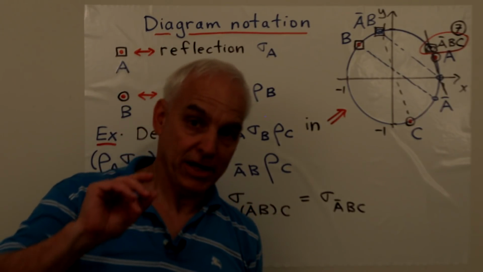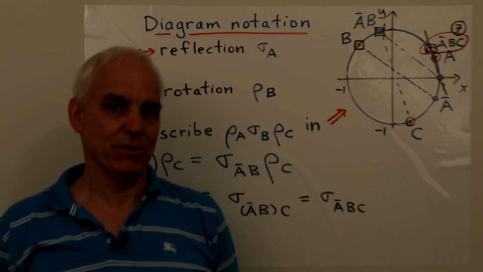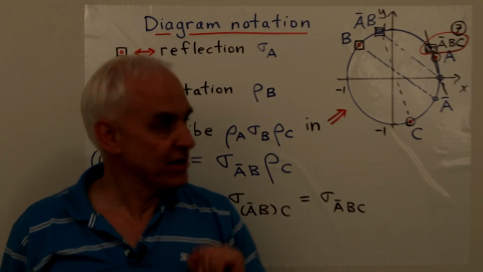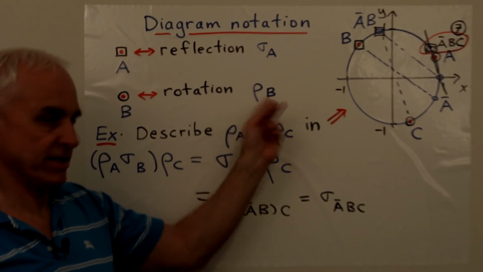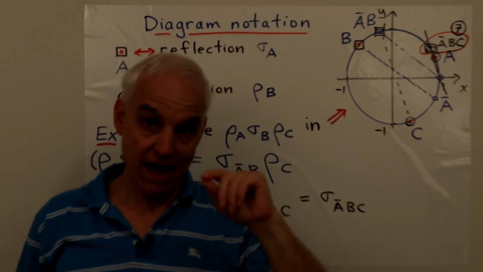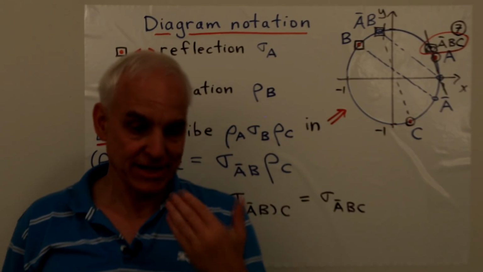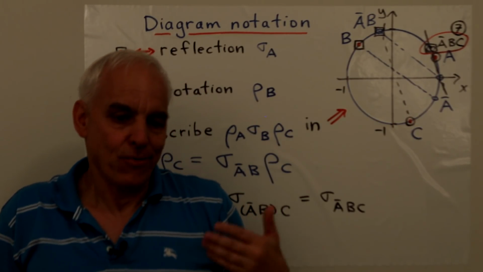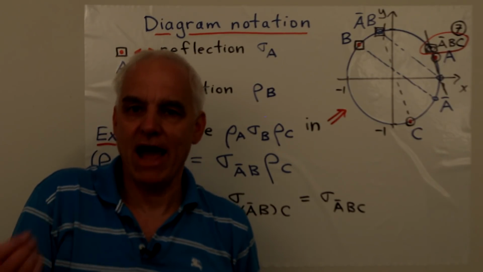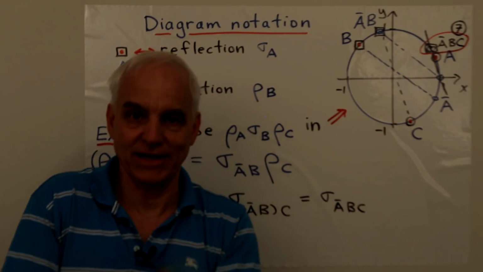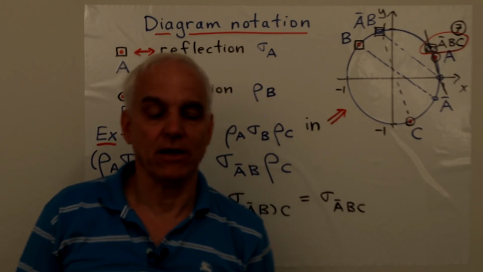But our story is not yet completed. There are still two more things that we would like to do. One is to describe this story not just in terms of the points A and B, but in terms of their half slopes. Remember that every point also has a half slope. So it's natural to ask, well, what do these group operations look like at the level of half slopes if we just know half slopes of things instead of the actual points on the unit circle? So that's one interesting question.